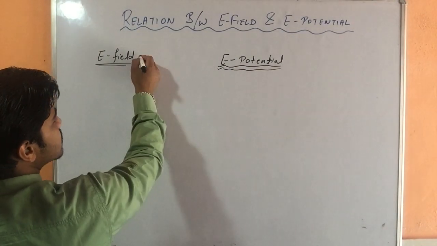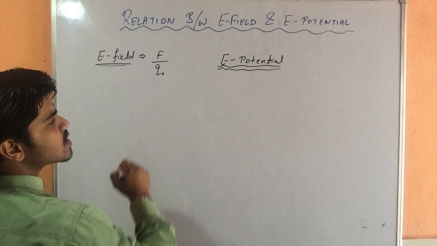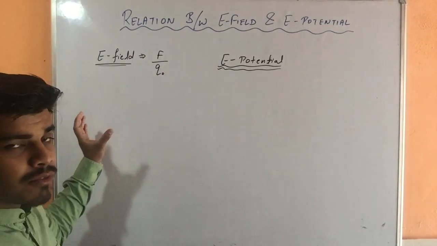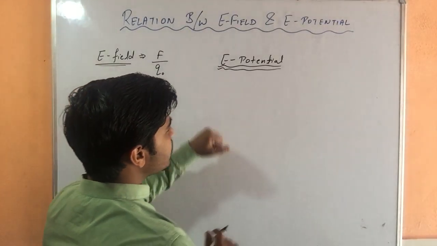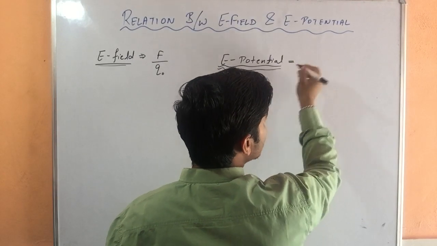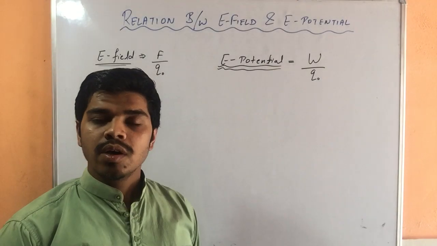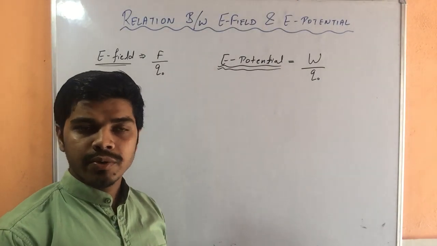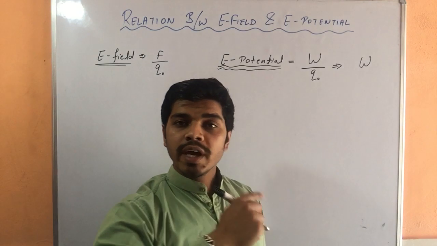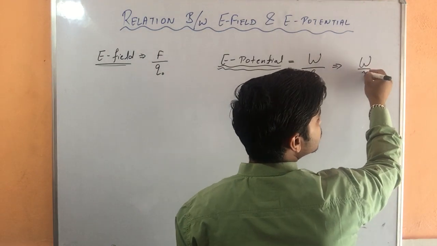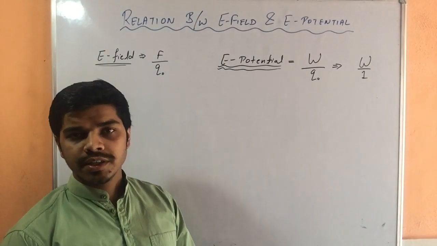So students, electric field is simply a ratio of electrostatic force to the test charge. By definition, electric field is equal to the ratio of electrostatic force to the test charge, and by definition electrostatic potential is equal to work done divided by test charge, if the test charge is more than unit magnitude. But if it is of unit magnitude, then it is defined as only the work done to move a unit charge. These are the definitions of electric field and electric potential.